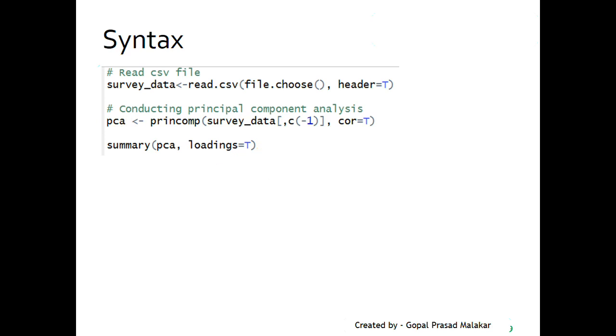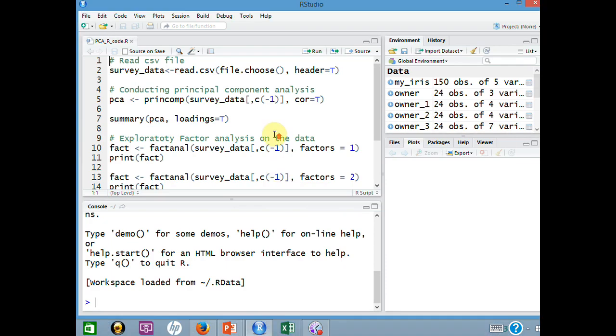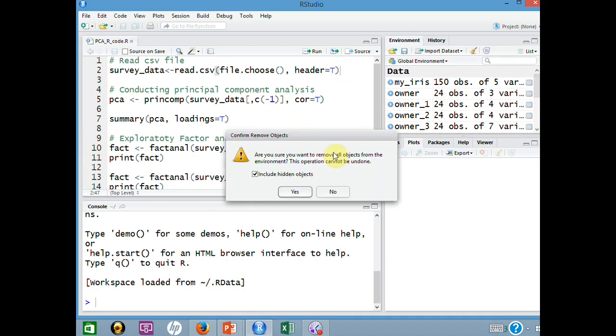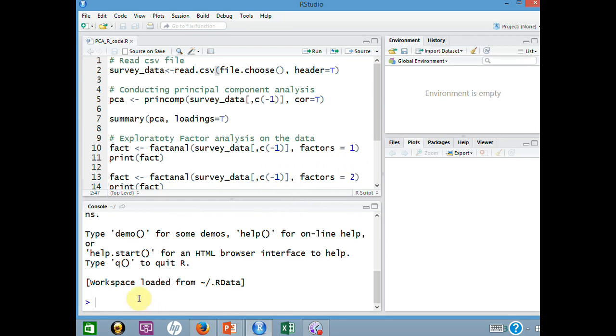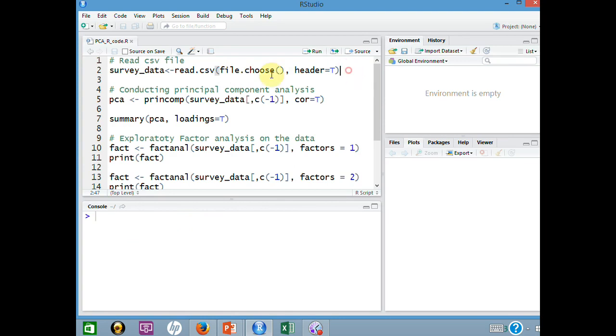Now let me show you directly on R how it is, and then I'll come back once again to the PPT. So here you have the data. Let me read this data. Let me clear this environment and then I'll show you the remaining part. So here you read the data.